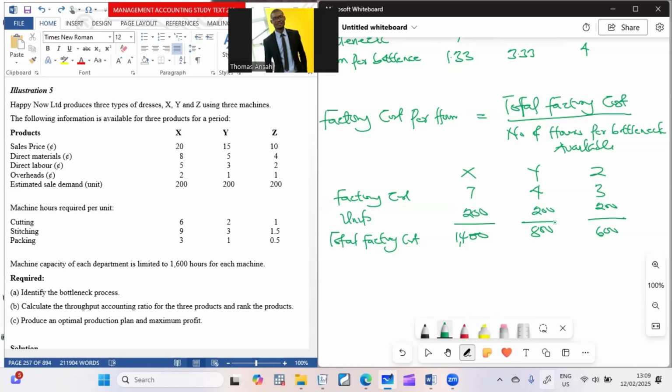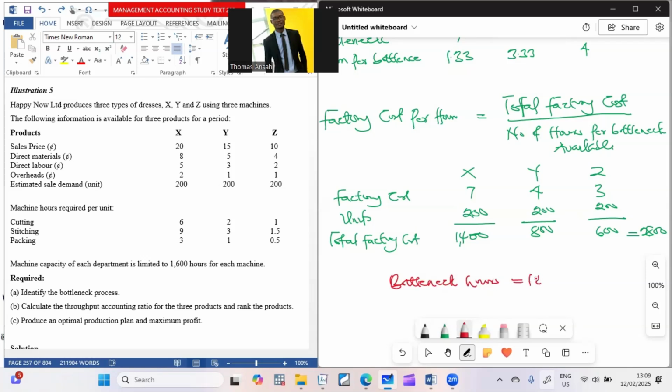Then we need to be dividing them by the number of hours available in the bottleneck. So if you check your total here, total is 2,800, right? That is the total. All right, that is the total. So we are now going to do it as per the bottleneck. Now the bottleneck hours given by the question